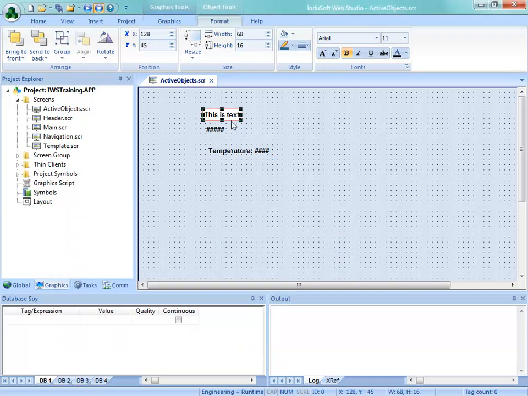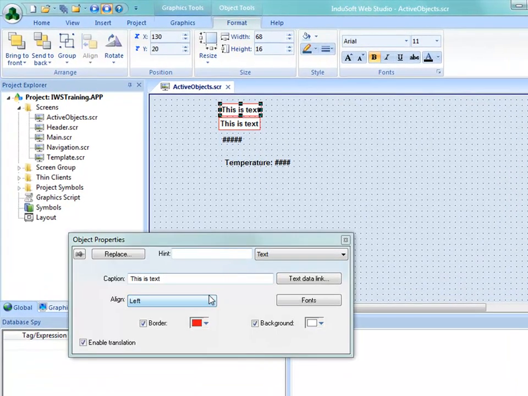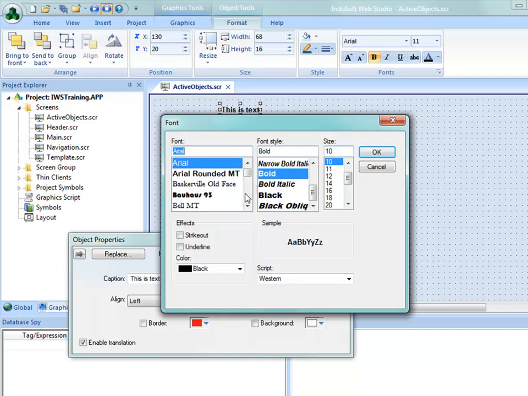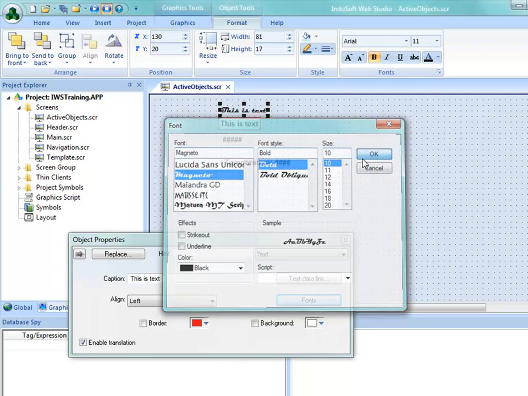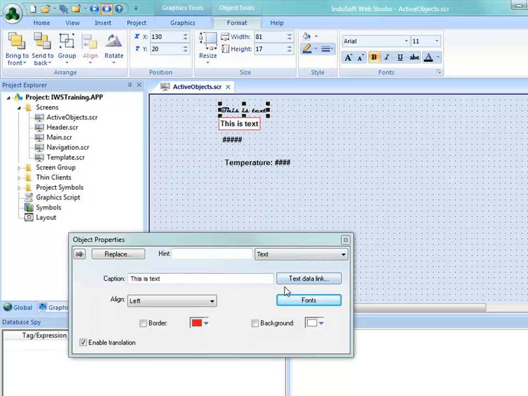So back here in this original text object, let me copy this, and I will turn off the border and turn off the background. One of the things we can do is jump here into fonts and change the type of font that it is. Maybe this is some other font that you have on your PC. You also need to make sure that that font is available on the runtime PC as well. So I'll go to a particular font here. I can see that that changes, and